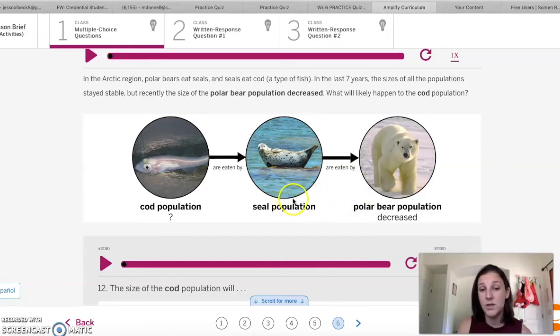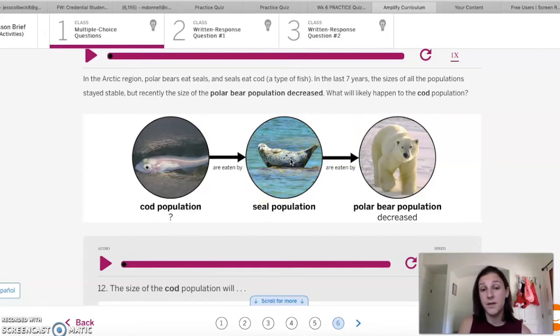They eat seals. Then this seal population would likely increase, right? They're not getting eaten as much, so they're able to have more births than deaths. The number of deaths has been reduced because they're not getting eaten by these polar bears. So in this instance, between the polar bear and the seal population